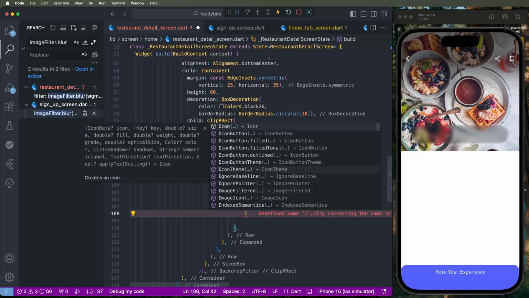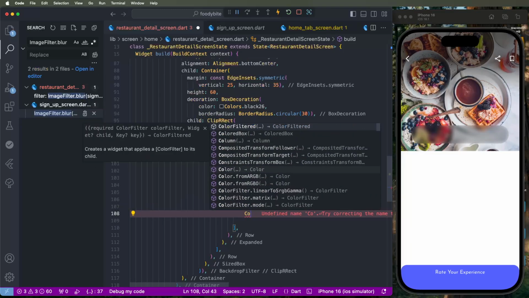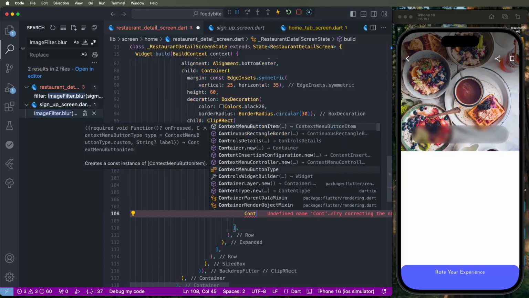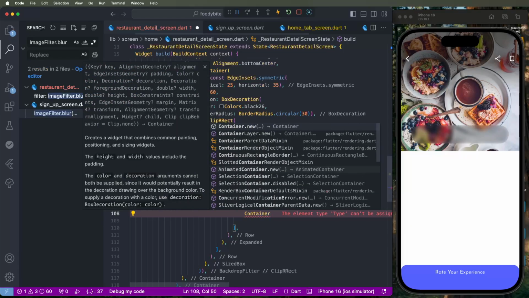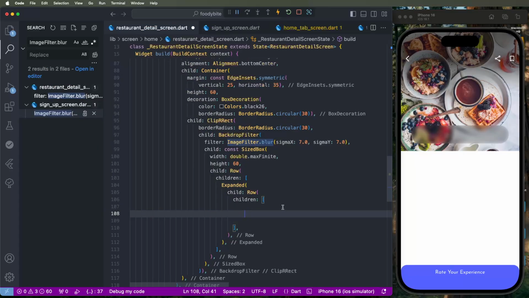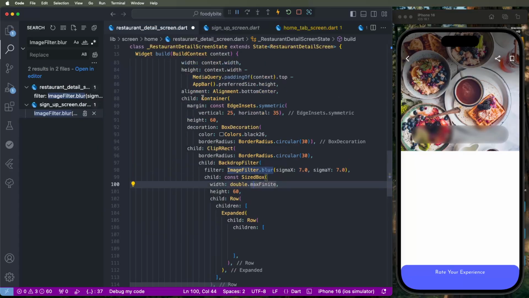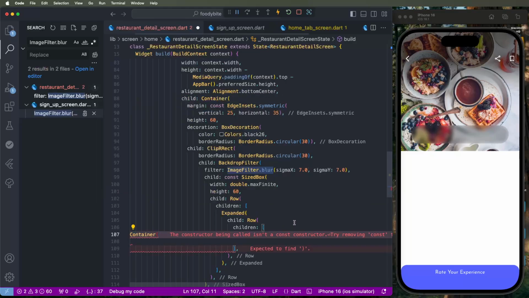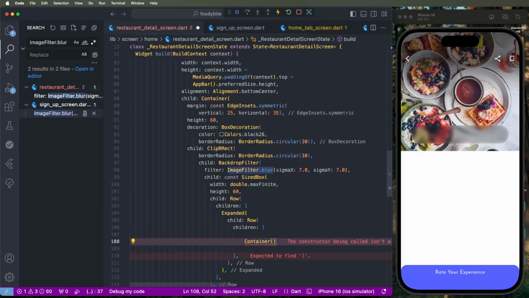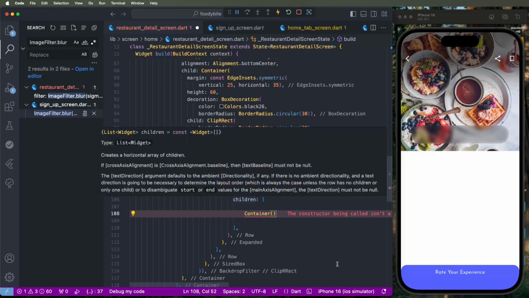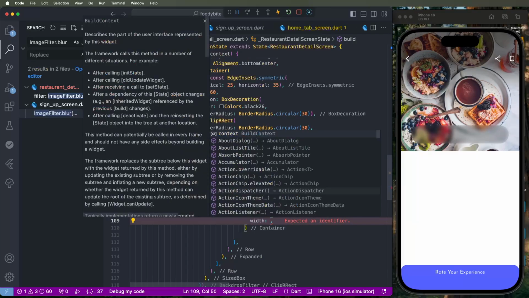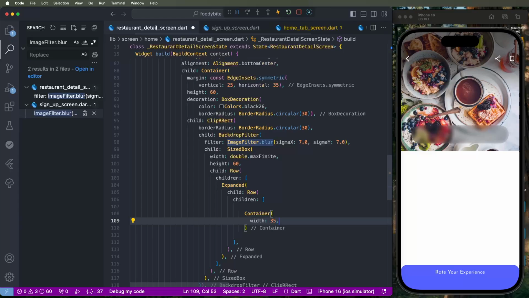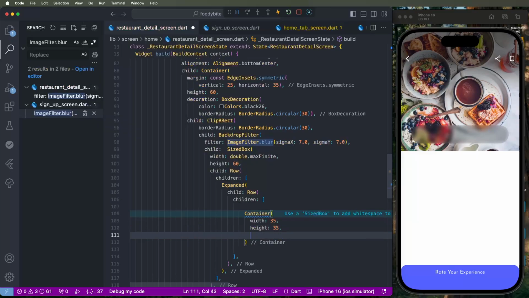icon, container. Use this code. Remove this here const value. Give this here the width and height, so need to provide this here the 35, and we need to set here